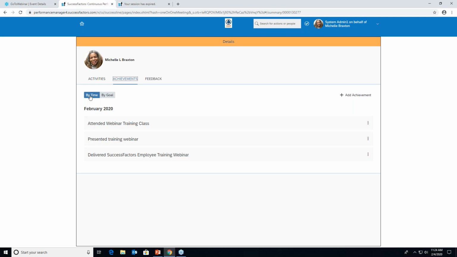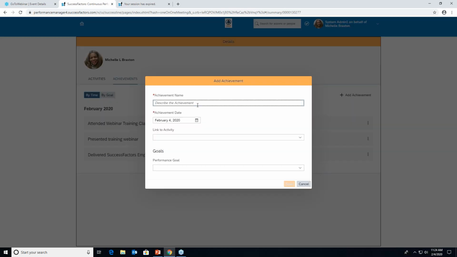And the goal plan allows you to see any achievements that have been recorded for a goal. So this becomes a one-stop shop for all the actions that you've taken to achieve your goals. And when your performance conversations take place, all of your accomplishments and feedback are in one place, allowing you and your manager to have a more constructive conversation. Under the Achievements tab, we can view, like I said, by time and by goal. And then if we wanted to add an achievement directly to this page, let's say,